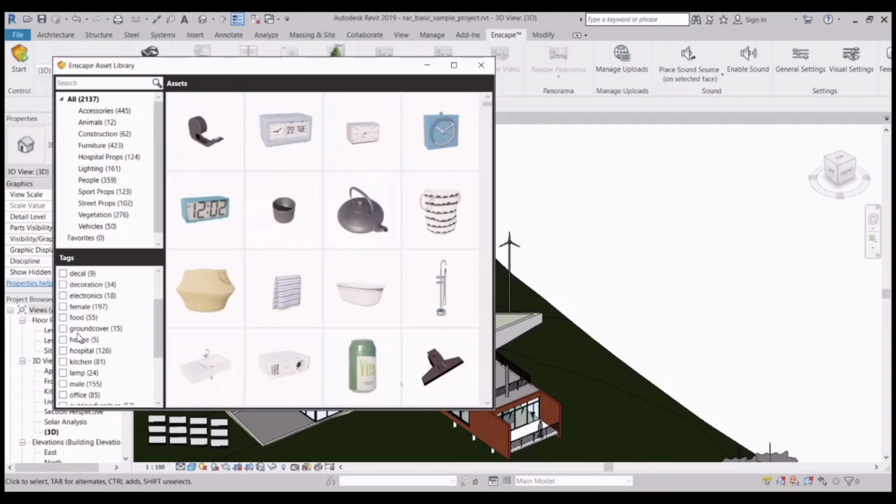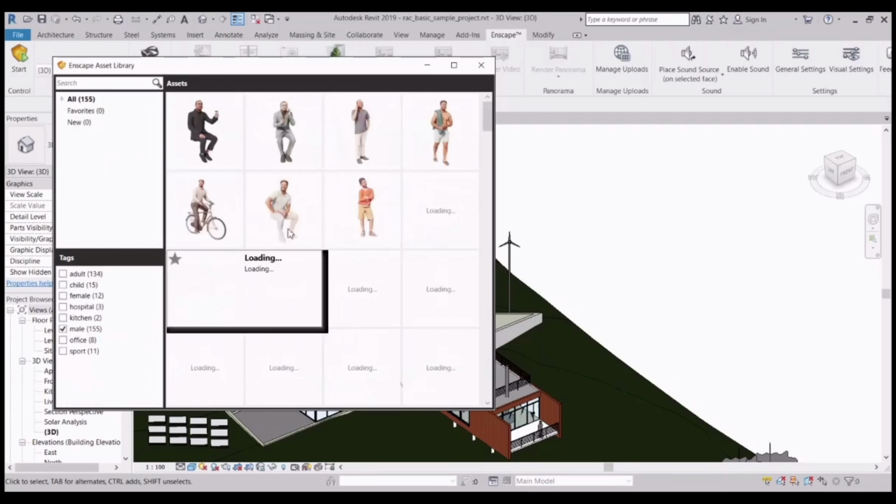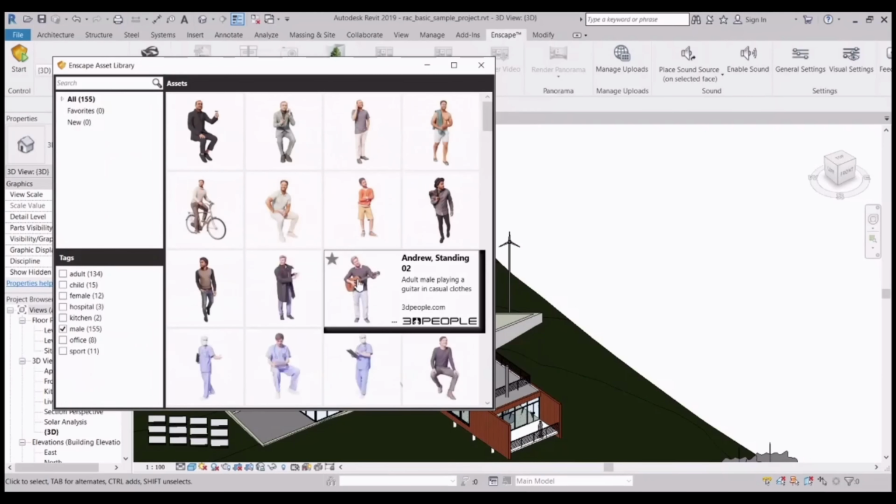We can go to this male option. We can place some people here.